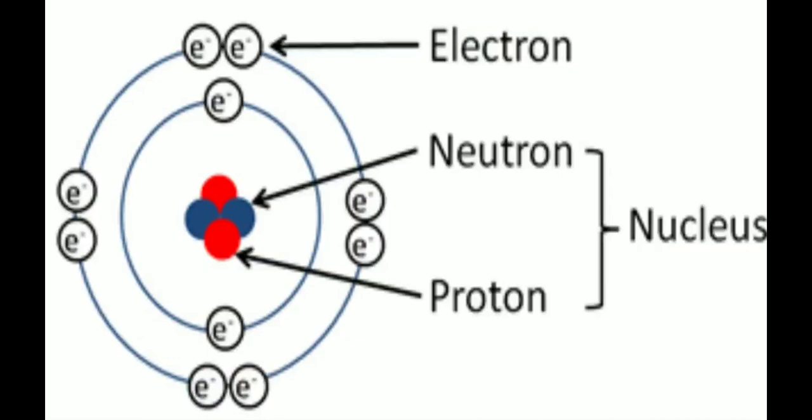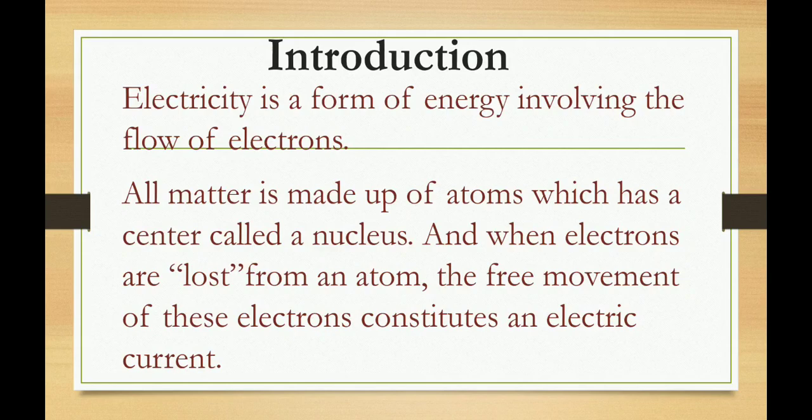Right? So what is this electricity? It is also one of the forms of what? Energy, like heat and light. Then how do we get this electricity in India? In India, we get electricity mainly from three power stations. First one, hydropower station, where water energy gets converted into electrical energy. Next, thermal power station, where heat energy gets converted into electrical energy. And nuclear power station, where nuclear energy gets converted into electrical energy.